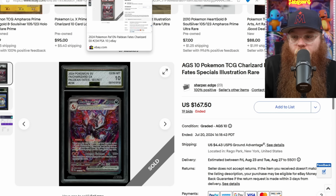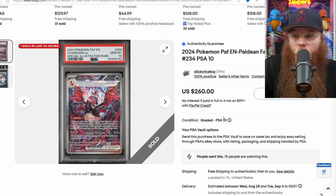There's just not a ton of sales for these. And then here we go. We got the Charizard EX from Paldea and Fates in a PSA 10 sold for $260. And odds are that AGS is probably nicer. So I think it's totally fine to stock up on some of these AI graded company cards while they're cheap,